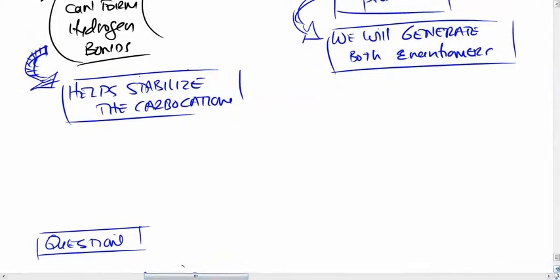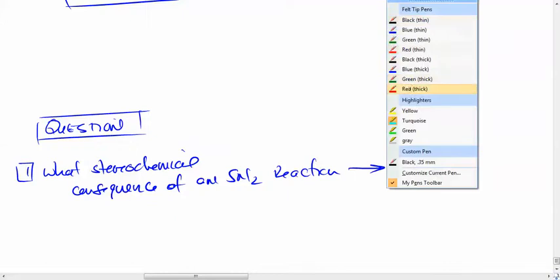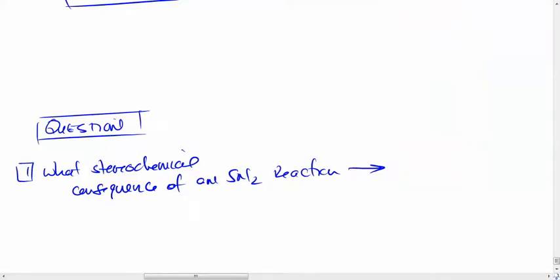So what is the stereochemical consequence of an SN2 reaction? Potentially an inversion. Inversion of what? Of stereochemistry. Okay, kind of. Or of configuration, you mean? Okay, but we must get